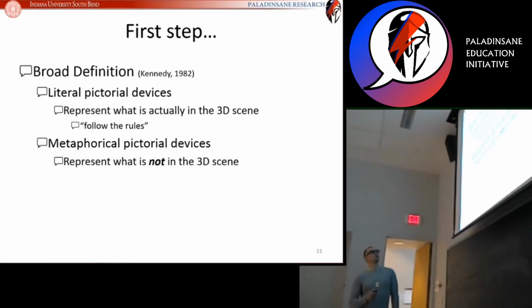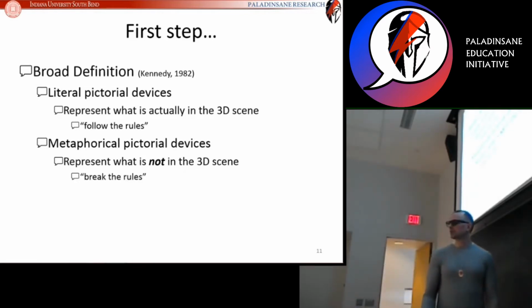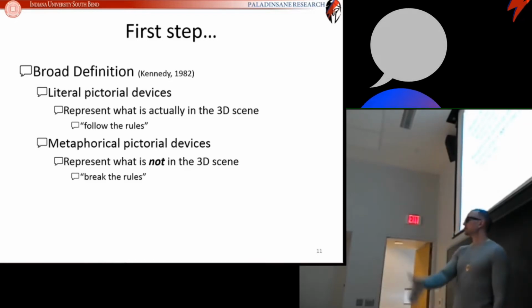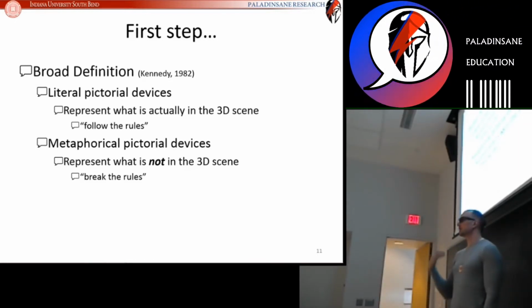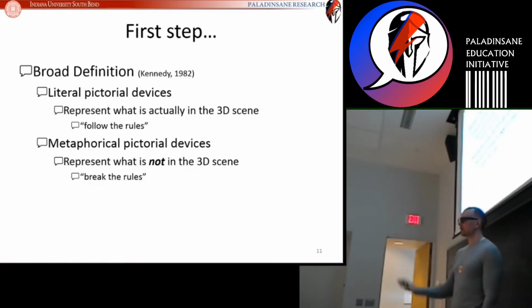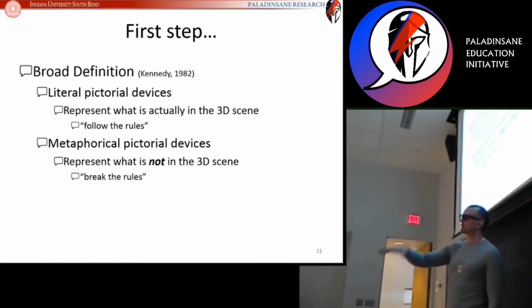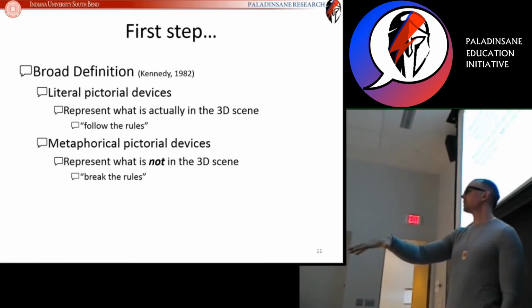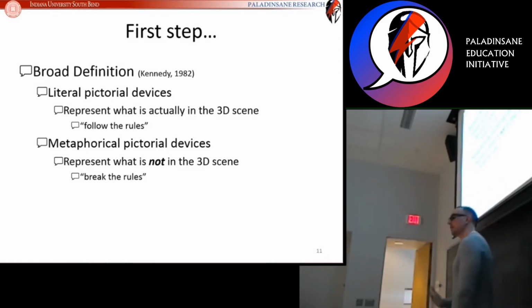And because we know these rules, the metaphorical pictorial devices are the ones that break those rules. So much like in linguistic metaphors, "the grass is green" follows linguistic rules. It matches up to the actual occurrence in the real world. But "he has a heart of stone" breaks the rules, right? It's technically a lie. He does not have a heart of stone. And if you know the rules, you can sense when the rules are broken. And if you sense when the rules are broken, you can understand the extra information that's being communicated. You can apprehend the metaphor. So that's the metaphorical pictorial devices.